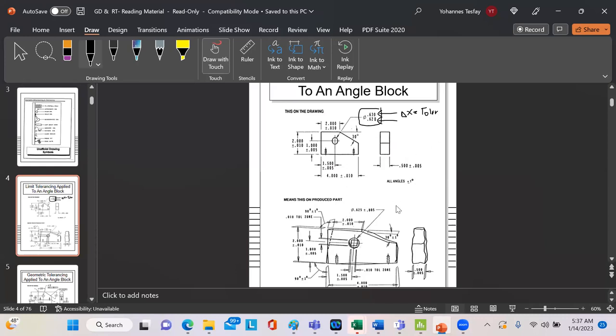There will be a very small circle, which is inside, and there will be a big circle, which is outside. So